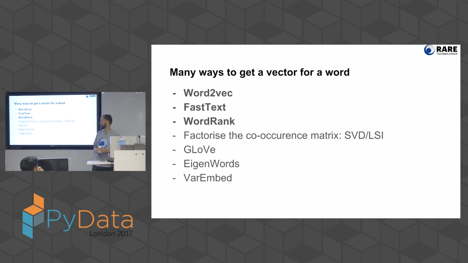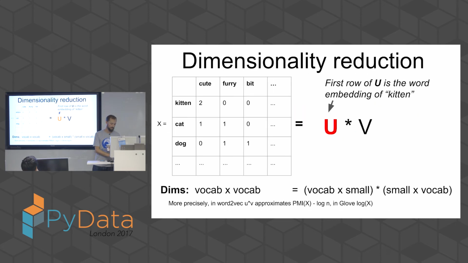But if you release your paper together with a nice code, which is performant, then you will become popular, even though some algorithms have been around for a long time. Yeah, for hundreds, but like tens of years. Yeah, and now we'll see it all in perspective, how they're all trying to do the same thing, just by factorizing this co-occurrence matrix